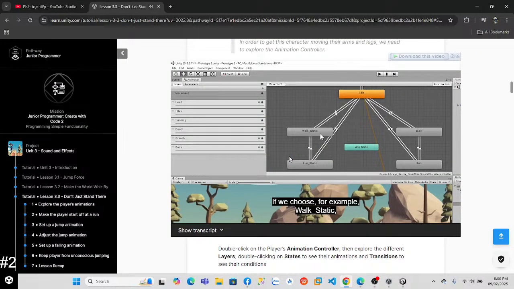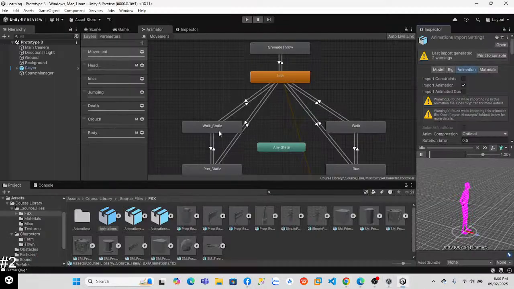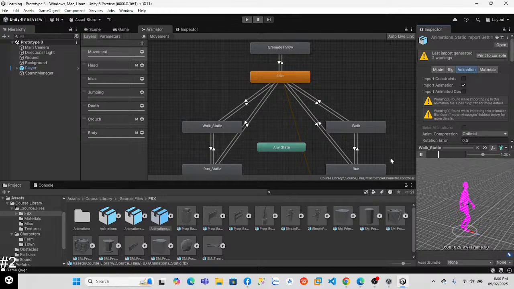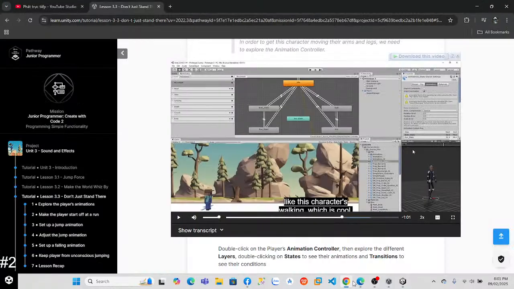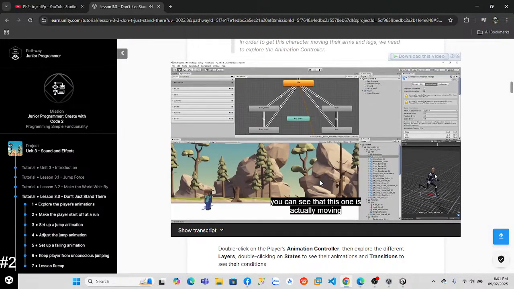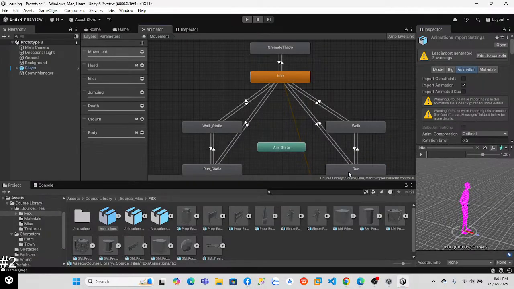If we choose, for example, walk static, double click on that, we have another animation. And so you can see it actually looks like this character is walking, which is cool. If we double click on run and we press play, you can see that this one is actually moving through the scene compared to if we